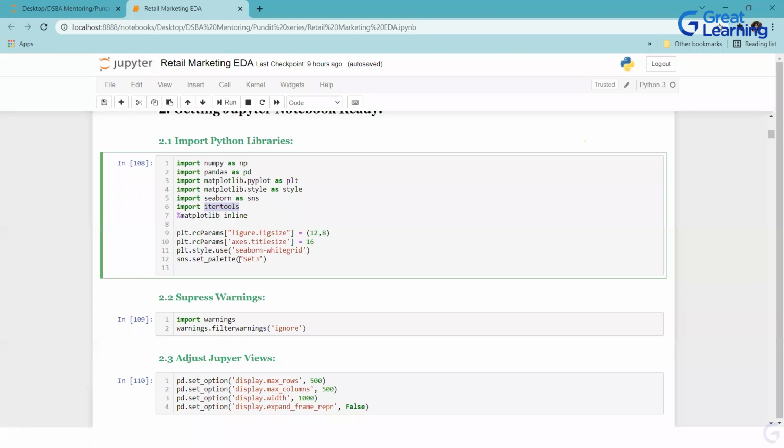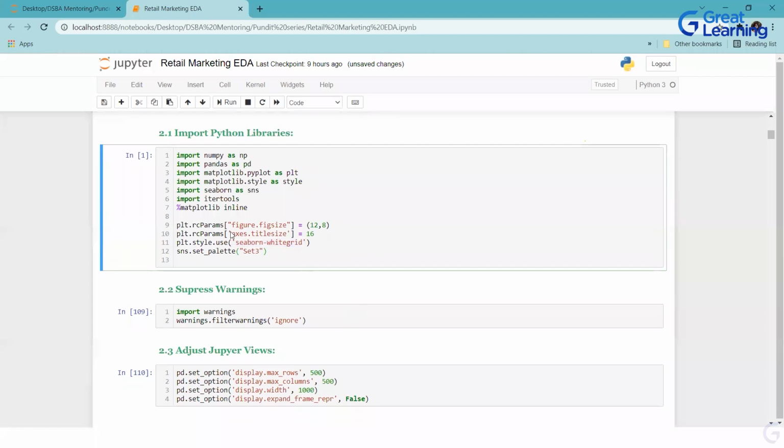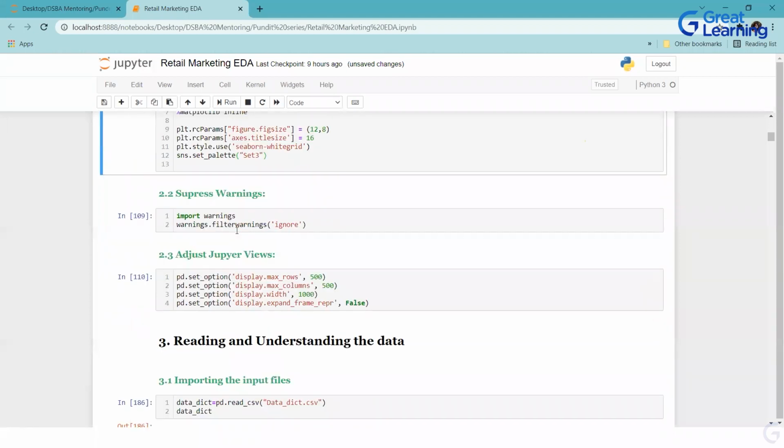These things are available on Google. You can't remember these things. Remember, guys, these are color sets. You can just Google what the color palette for SNS is, and whatever palette you want, you can use that. So these are all the basic setup that you need to do. Another thing I have done is suppress the warnings. It is good because otherwise your notebook looks very messy, with the pink blocks coming in. That's why I'm setting it to ignore.